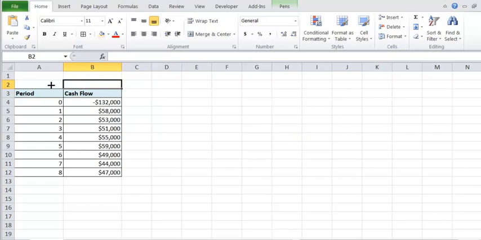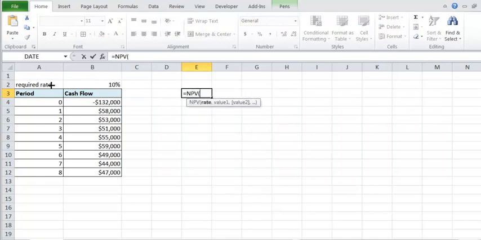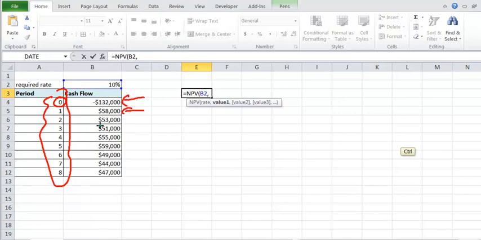And suppose our required rate of return is 10% per annum, right? So we'll compute NPV. First we put the rate, and then we put a comma. To put the values, you can drag and select the values. Now, the way NPV in Excel is constructed, even though I have given you the cash flows of period 0, Excel does not take these period numbers 0, 1, 2, 3. Excel will take the cash flow values. By default Excel assumes that the first value that you give is coming at the end of the year or at the end of the period.